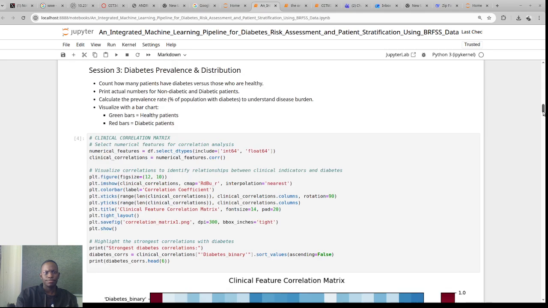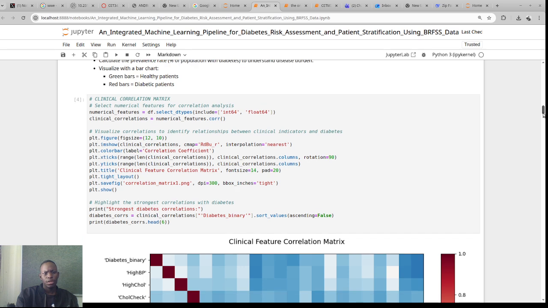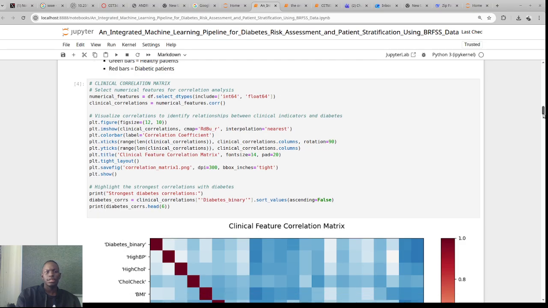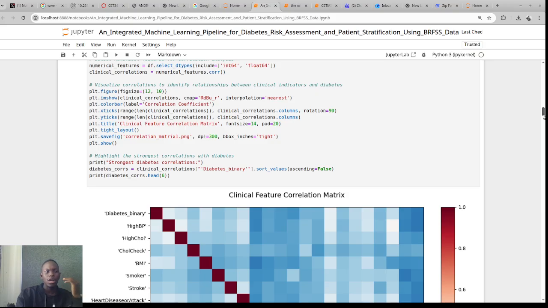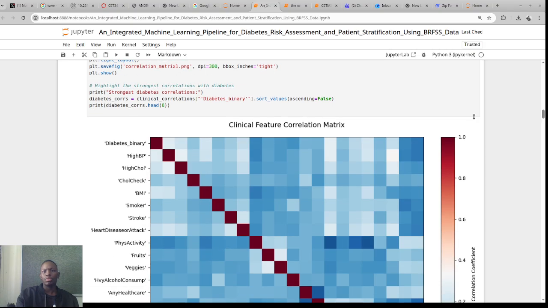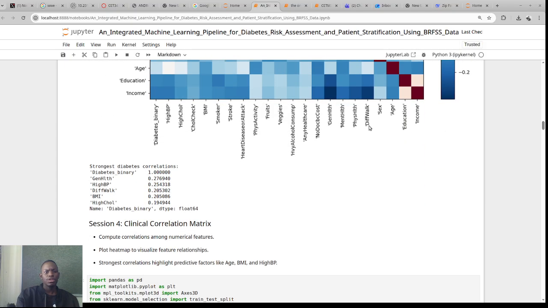And we move on to the clinical correlation matrix. We're going to select numerical features for correlation analysis, and visualize correlations to identify relationships between clinical indicators and diabetes. This is the session that is going to determine which has the highest, strongest correlation with diabetes. Normally we indicate it by the color, whether it's brownish or reddish. Hence we see in our output here the strongest diabetes correlation,